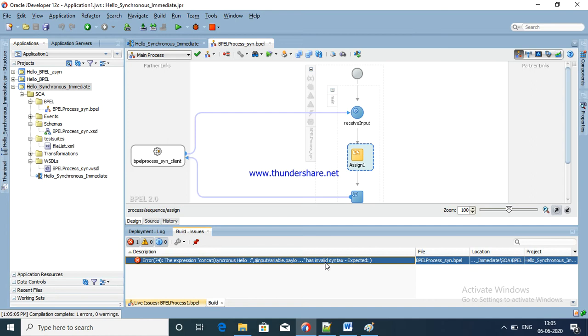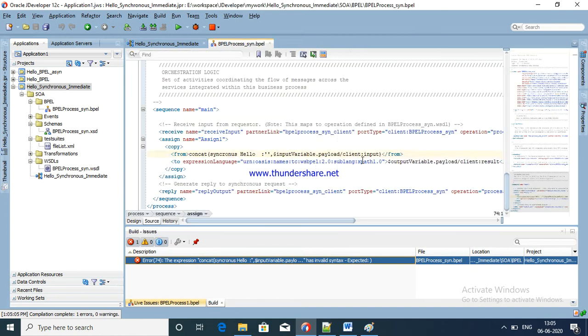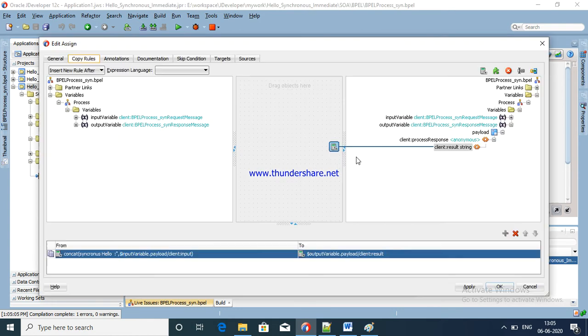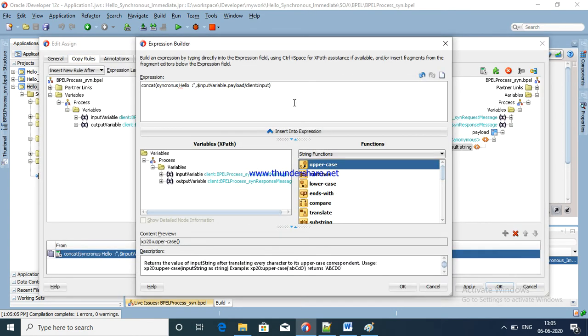Syntax error. Okay, it is showing a syntax error. Just go and I am going to check the syntax error in the design. Here you have to give single quotes. Okay, this is the problem.